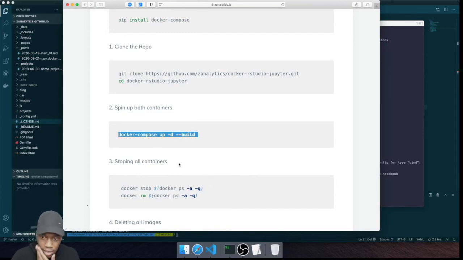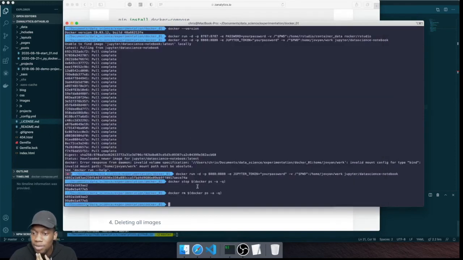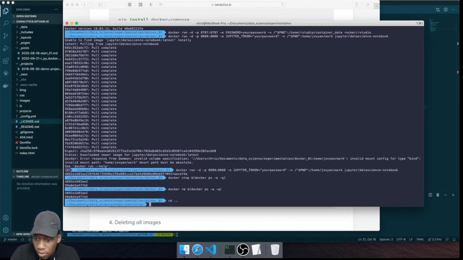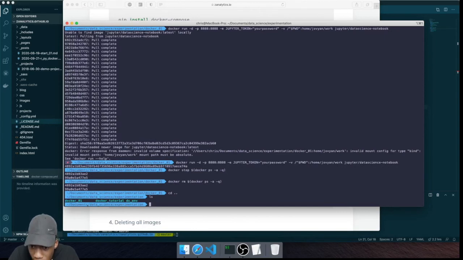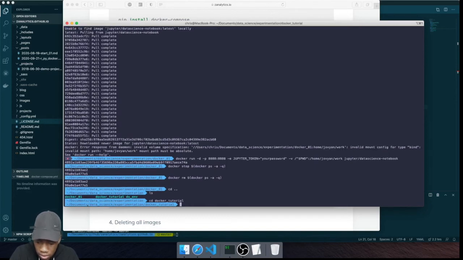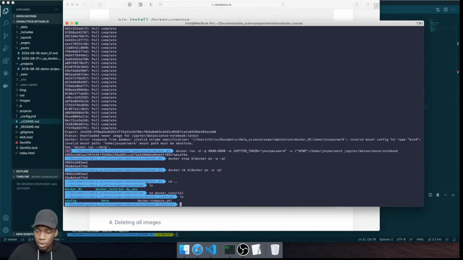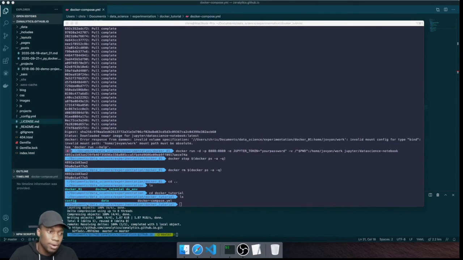up. So let's see, what stage am I on? Okay, so let's see what I'm on. Docker tutorial. Yeah, I'm trying to be in Docker tutorial. Yeah, there we go. So I'm in the same directory as my Docker Compose.yaml file. So what I actually want to do now is